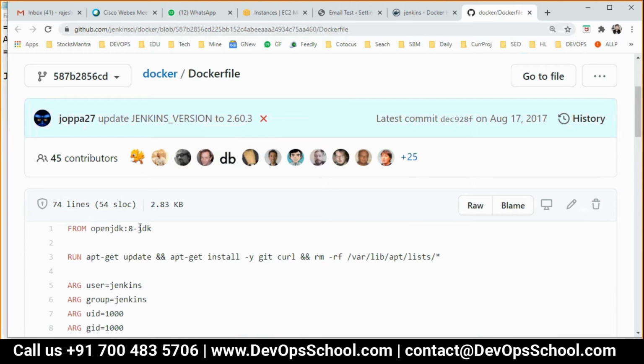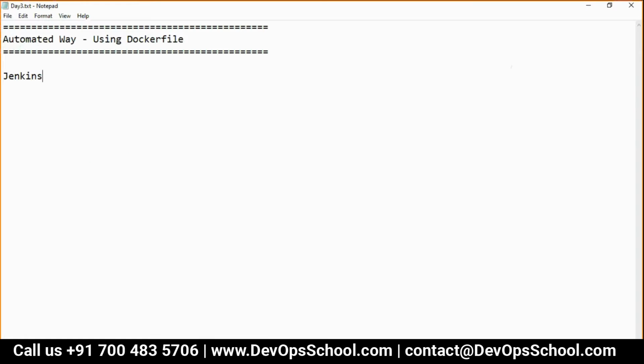Just read the one statement, FROM. The FROM statement is the base image. So Jenkins has a base image, latest by the way, Jenkins latest, with OpenJDK, and tagged not latest here, but 8-jdk.